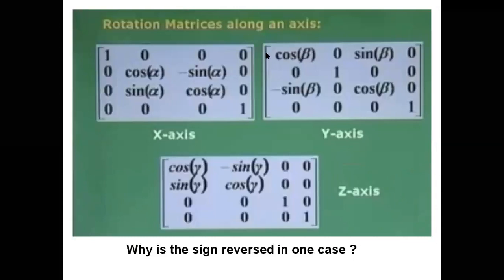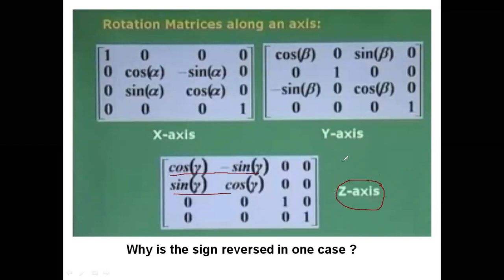Now when we talk about the rotation matrices, when we are rotating an object along the x-axis, y-axis, and z-axis, this will be the rotation matrix. First, we talk about the z-axis. The x parameter is given over here, and y.